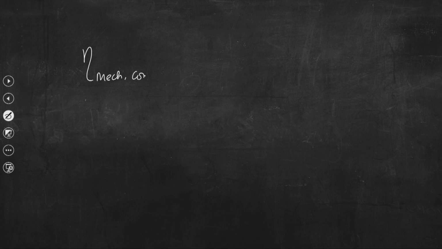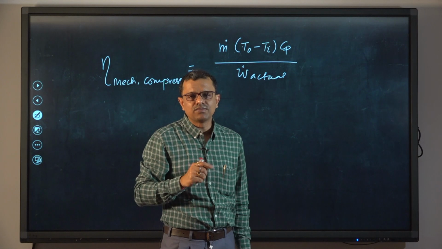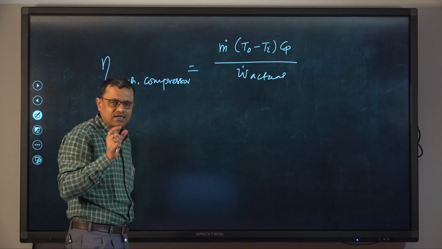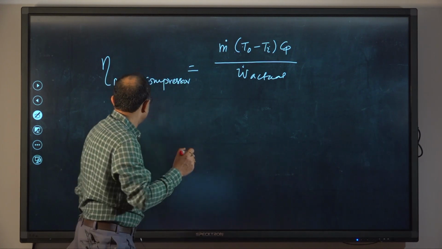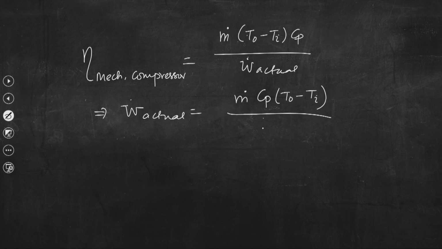Okay. So, mechanical efficiency of the compressor equal to m dot into T naught minus Ti into Cp divided by W dot actual, because the actual work which we need to supply to the compressor should be much higher than this amount, because of frictional loss, we need to supply a certain amount of work to overcome the frictional losses. So, from there we can calculate W dot actual equal to m dot Cp into T naught minus Ti divided by eta mechanical,